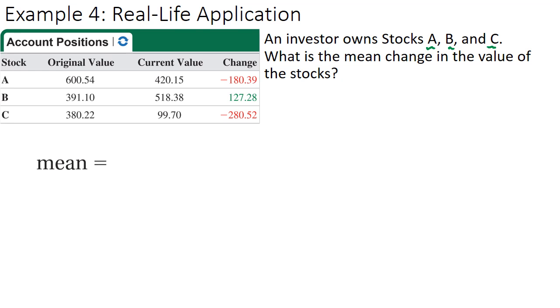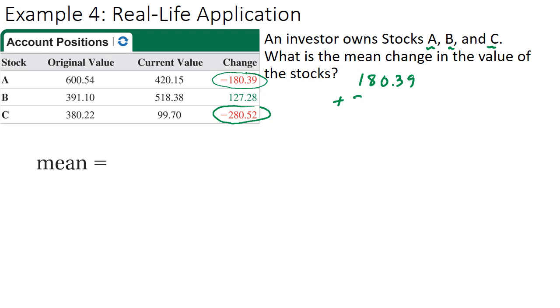So we need to find the sum of all of these changes to find out the total change. And then we can divide that change by the number of stocks that we are working with in order to find the mean change in these stocks. So as we do this, we're going to just take these two negative numbers first and add them together, just so that we have our like terms with each other. So we're going to take this